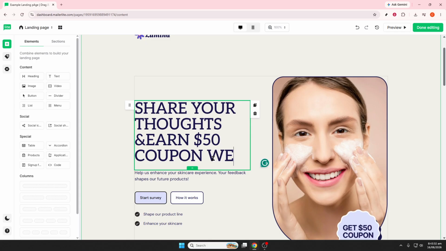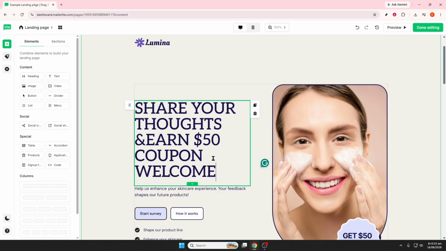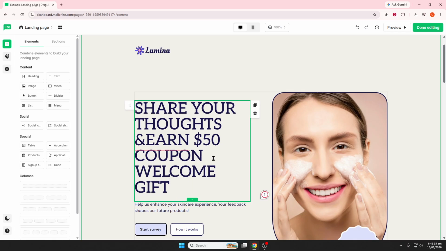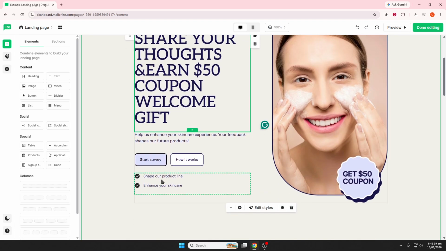When everything looks good, click Save and Publish. You can publish using a Mailerlite domain or connect a custom domain. Once it's live, your landing page will have its own shareable URL. Finally, open the page's overview or analytics section to monitor visits, submissions,